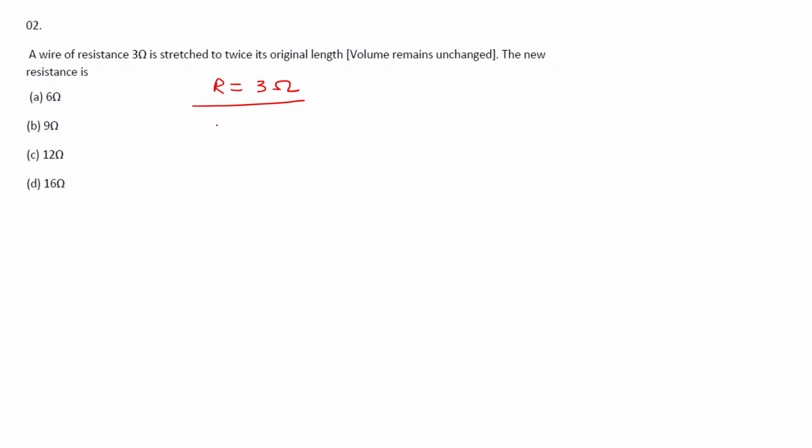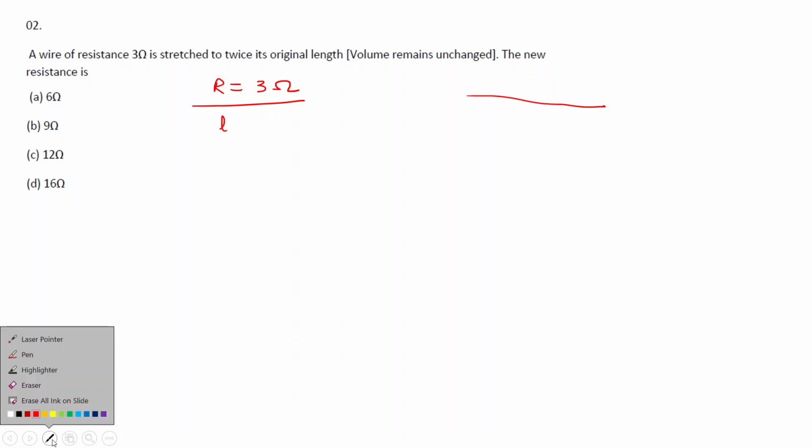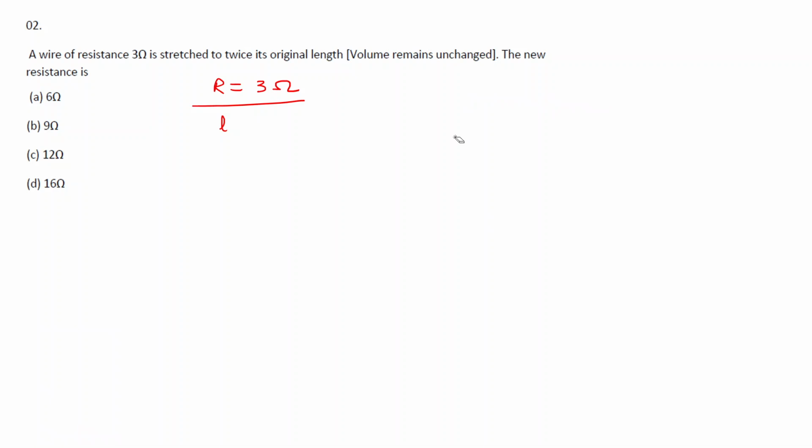Let's call the original length L. Then it's stretched and it becomes twice its original length. So it changes and we stretch it to make it twice,